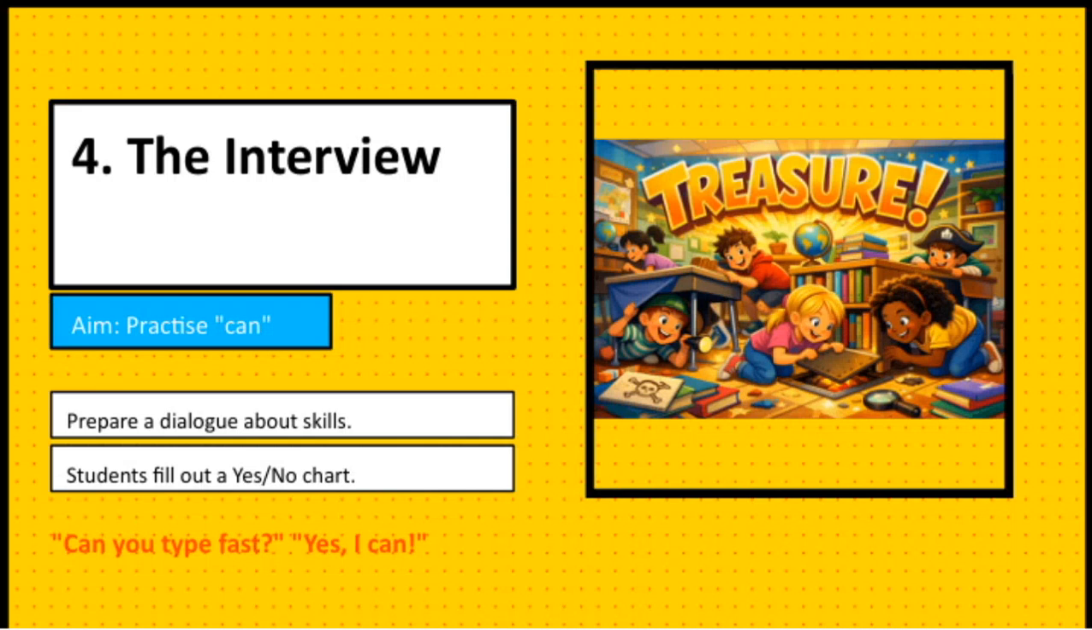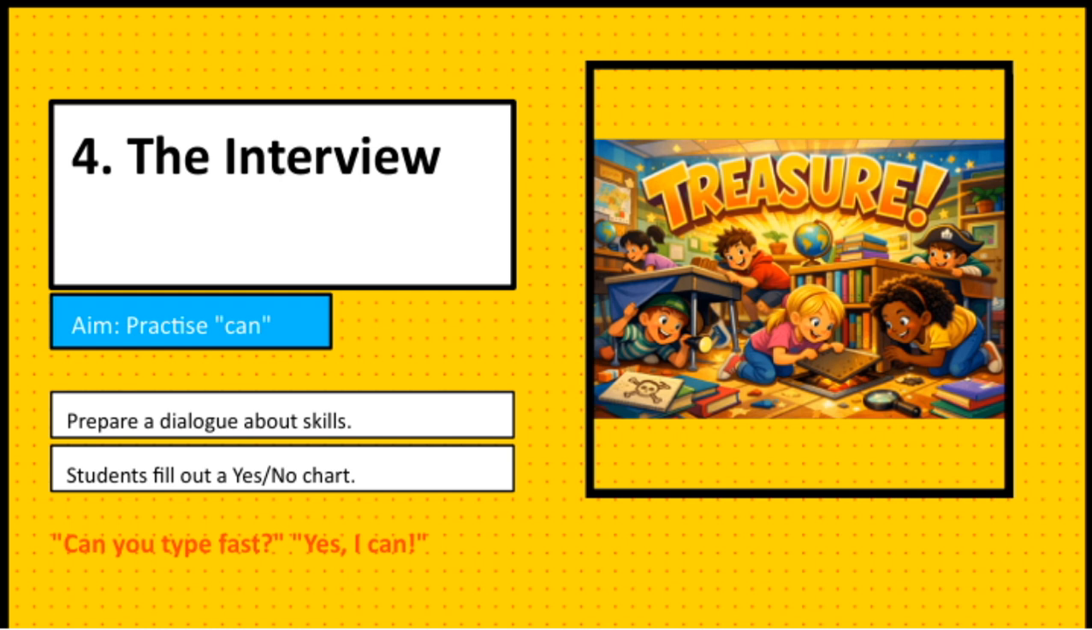Now let's look at this fun activity. I ask, can you type fast? And the students respond, yes, I can. This encourages them to practice using can in a real conversation. Then they fill out a yes-no chart, which helps them think about different skills they might have or want to develop. The idea here is to prepare them for a dialogue about skills so they can confidently ask and answer